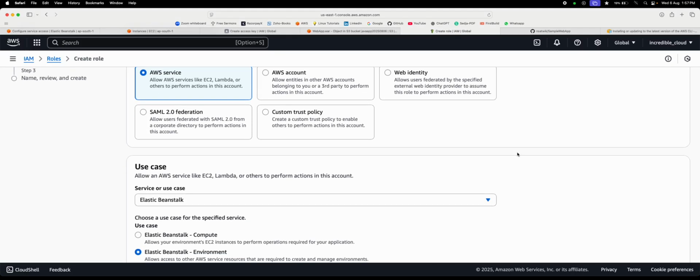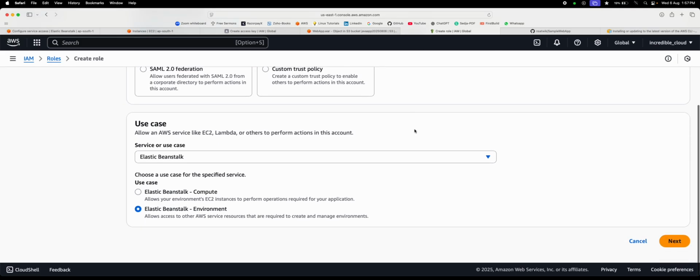In the recent updates, AWS is providing all the required IAM roles by itself. Previously you had to select for which service you wanted to create the role, but now AWS itself provides the roles for the required service. I didn't select anything, by default it has been selected as Elastic Beanstalk, and it is asking for the Elastic Beanstalk environment. If you click next,